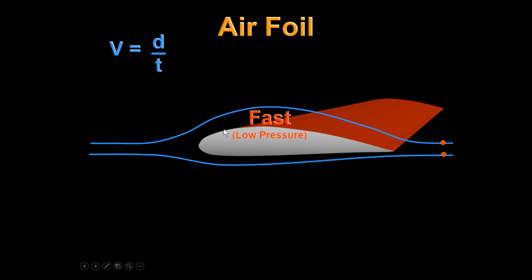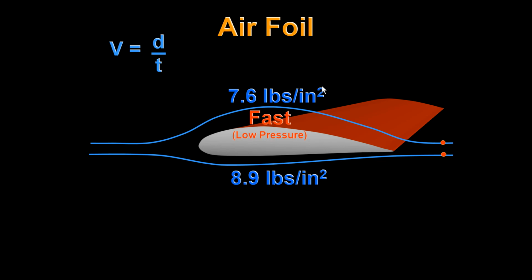And the air flowing faster over the top creates less pressure, and the atmospheric pressure holds that wing up like this. Now remember, atmospheric pressure at sea level is about 14.7 pounds per square inch. As that plane is flying through the air, it's going to decrease the pressure both on the bottom and the top because the air is flowing over it. But the pressure dropped more on the top because it was flowing even faster. And in this example, there's a difference in pressure of about 1.3 pounds per square inch. And that doesn't sound like a lot, but if you have a lot of square inches,